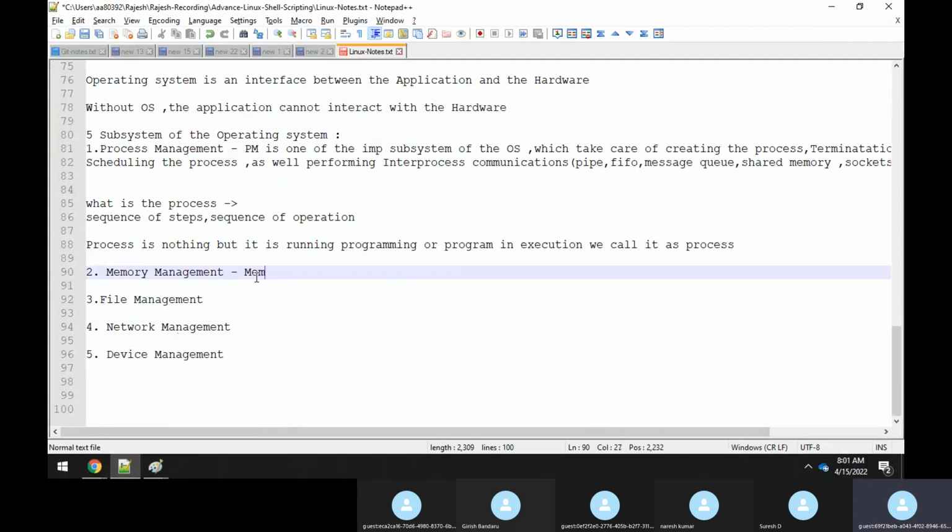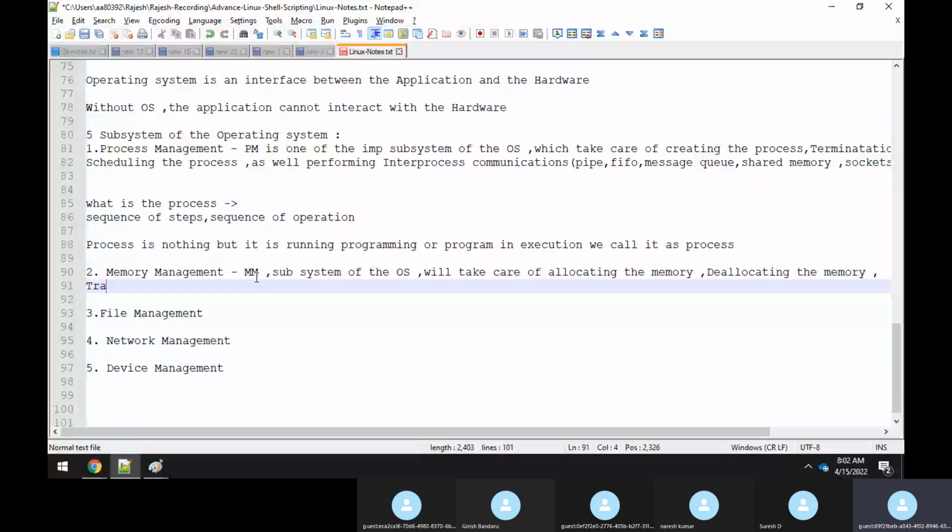So the memory management, I'll say MM, subsystem of the operating system will take care of allocating the memory, deallocating the memory, and transformation of the data from primary memory to the secondary memory, as well as vice versa.